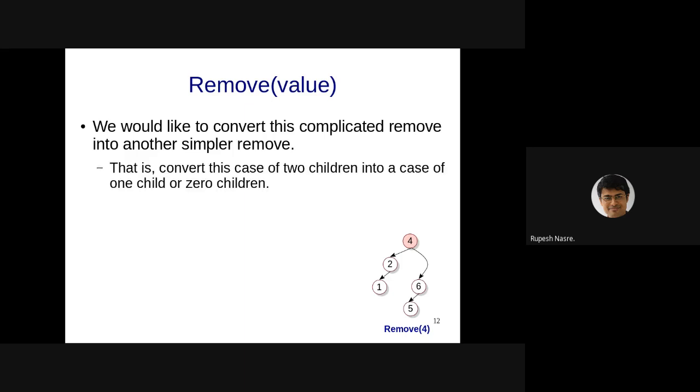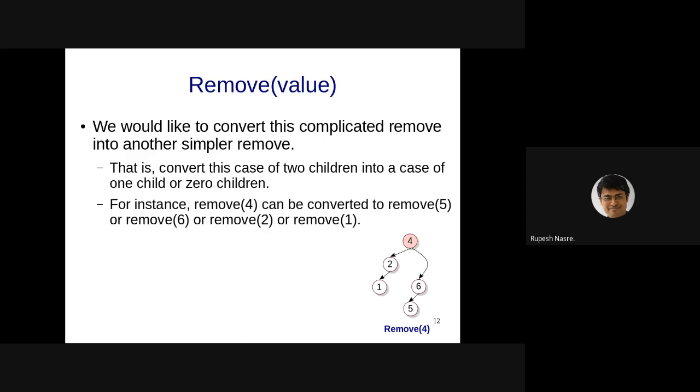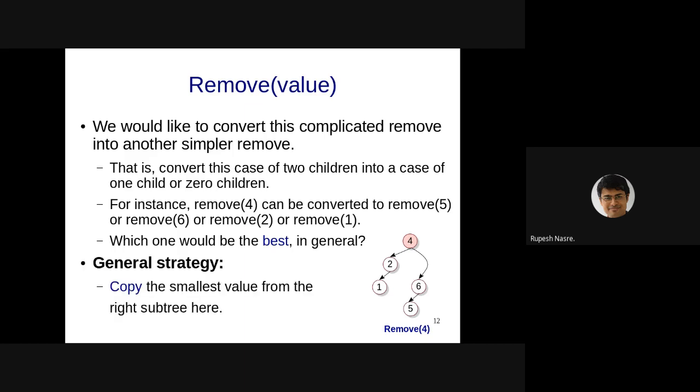Okay? So let me go ahead. So that is what we did. So remove 4 can be converted to either remove 5, remove 6, remove 2 or remove 1. But which one is going to be the best in general is what is suggested by you guys. So the general strategy is to copy the smallest value from the right subtree.